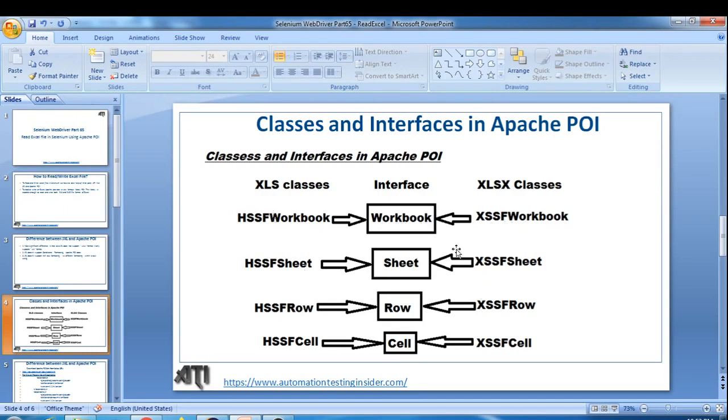So these are classes, and basically this first line, HSSFWorkbook, and this XSSFWorkbook represent an Excel file. This is about sheet, this is row, and this is cell. So this is about different classes and interfaces in Apache POI, and we'll create objects of a few classes here, and I'll show you a demo on that. Okay,